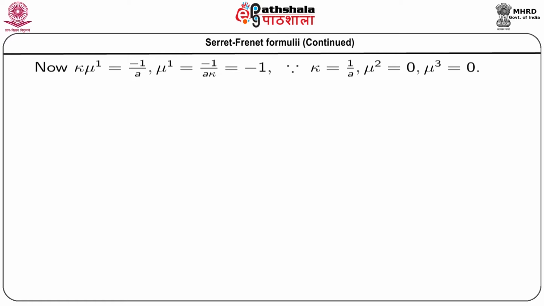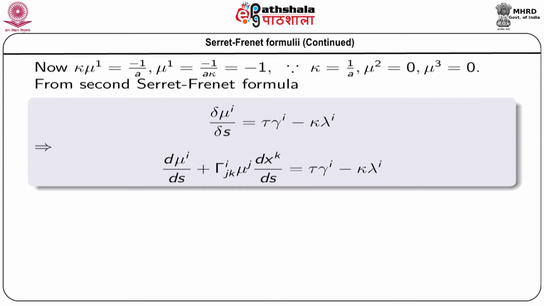So, the value of kappa is 1 by a and mu 2 is 0, mu 3 is 0, and the value of mu 1 is equal to minus 1. From the second Serret-Frenet formula, if we express the intrinsic derivative of mu I in the left hand side, we have the expression this one,